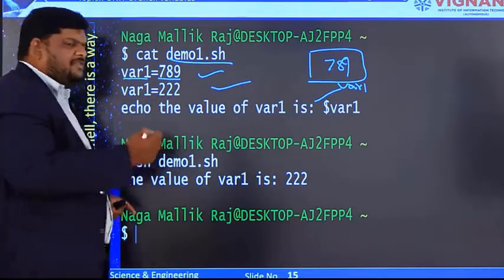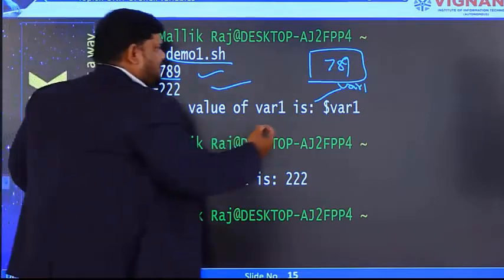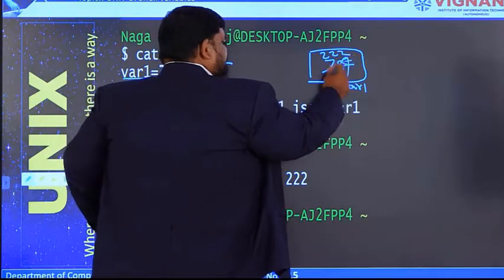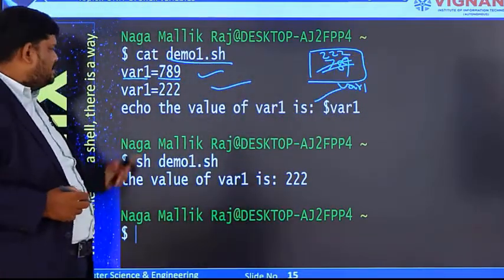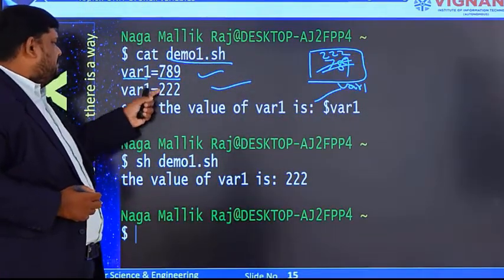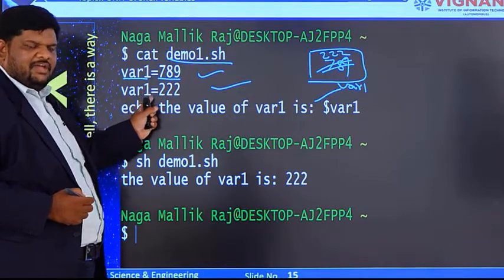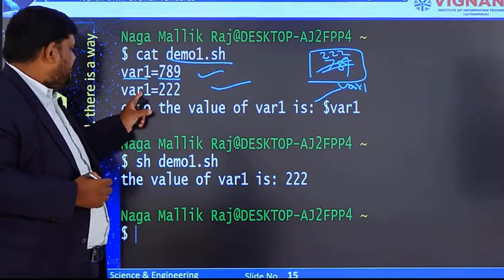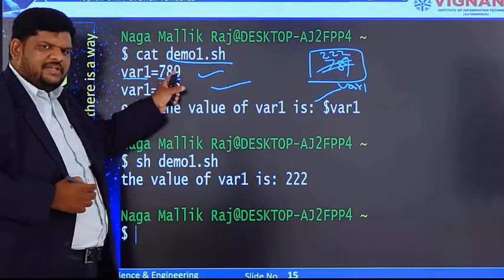That means it will be overwritten with the new value. Now var1 contains not 789 but 222, because we are assigning a new value to this existing variable. That way the old value is overwritten with the new value.